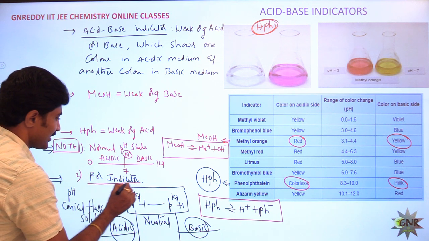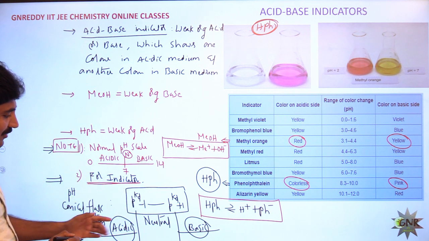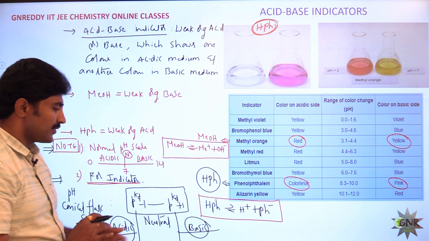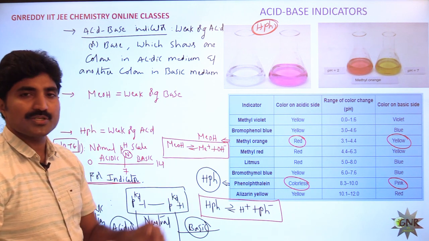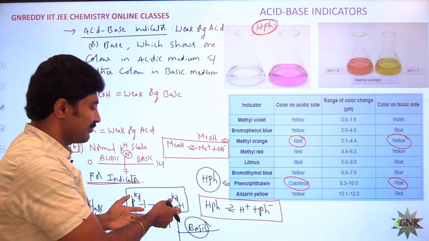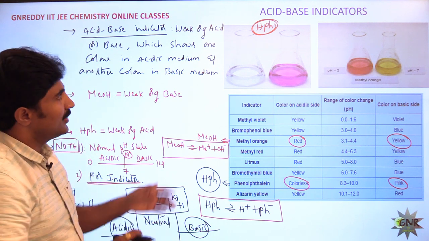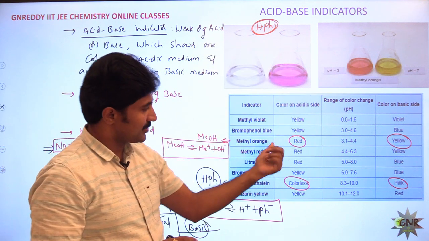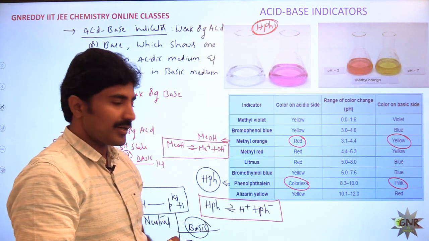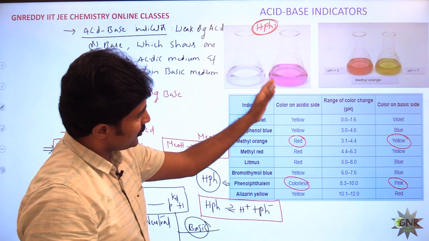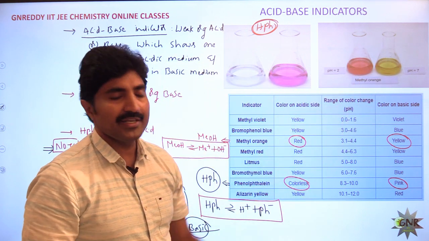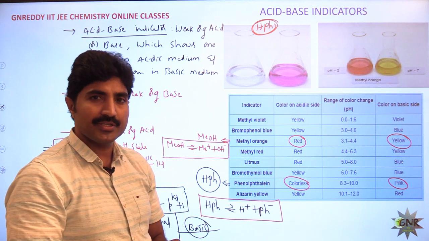So what is this here? If the pH of the conical flask solution is less than or equal to pKd minus 1, that is the acidic zone; greater than or equal to pKd plus 1, that is the basic solution; in between can be treated as neutral. This is the acid base indicator. The most important examples are methyl orange and phenolphthalein. I have shown those colors in acidic and basic medium. For every indicator there is a definite pH range.